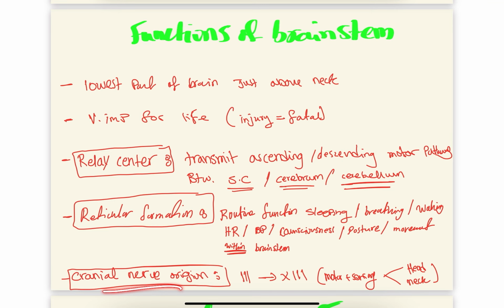Now, for the cranial nerve origin, we have cranial nerve 3 until cranial nerve 12. Sorry for that. Basically, they could be motor and sensory. They could originate in the head and the neck. Okay,